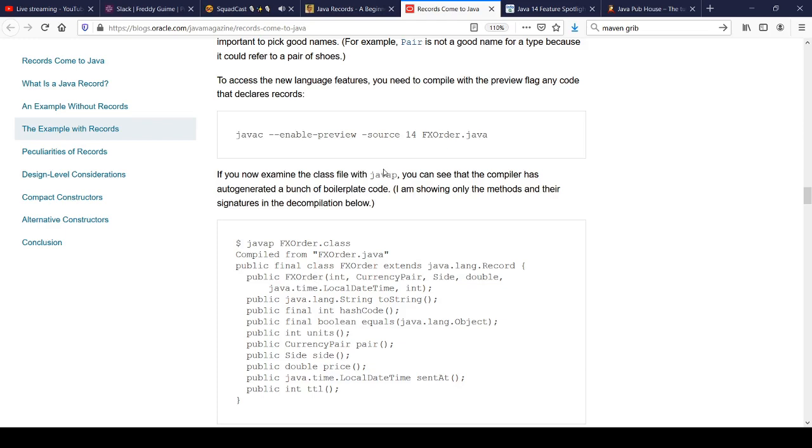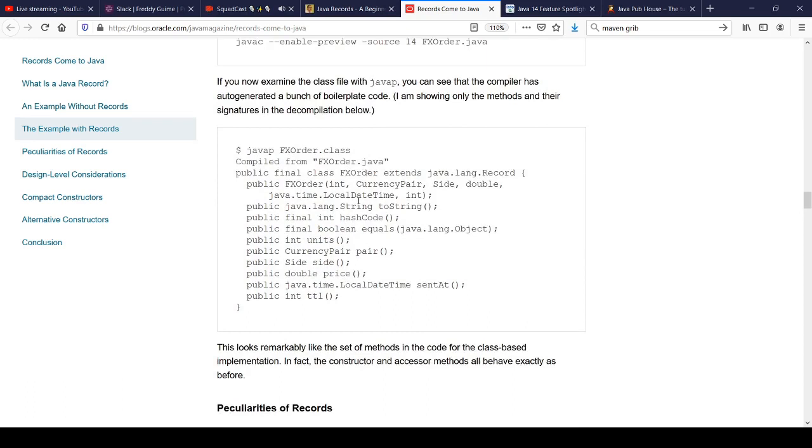So this is a javap run against a class that he's put together. What you see is this class is not unlike mine, where it only has definitions in that quote unquote constructor for the record.